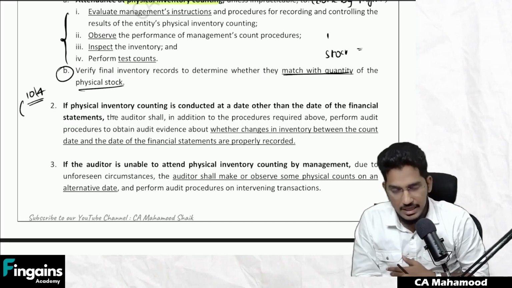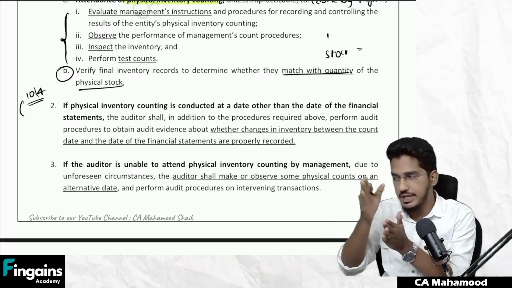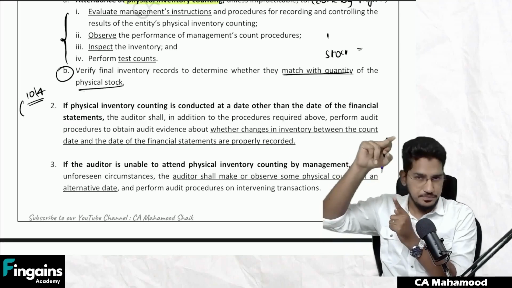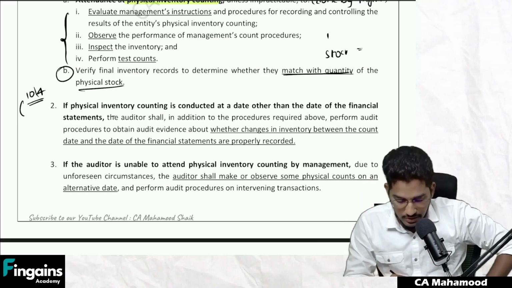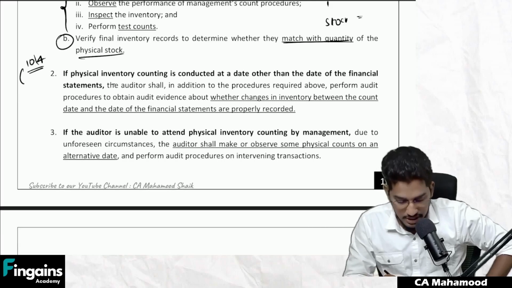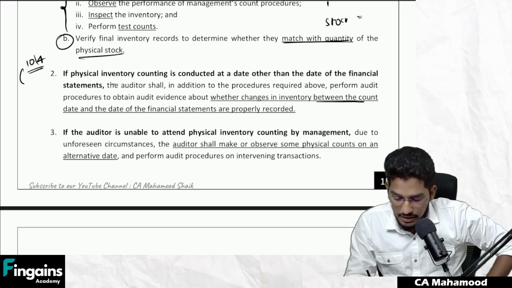Now you should do reverse calculation. I told you, whatever additions, deletions which have happened between the balance sheet date and the date of counting, do all those adjustments, do the reverse calculation and find out the stock existing as on 31st of March. So that's what they say here. If inventory counting is conducted at a date other than the date of financial statements, the auditor shall, in addition to the procedures required above, perform audit procedures to obtain audit evidence about whether changes in inventory between the count date and the date of financial statements are